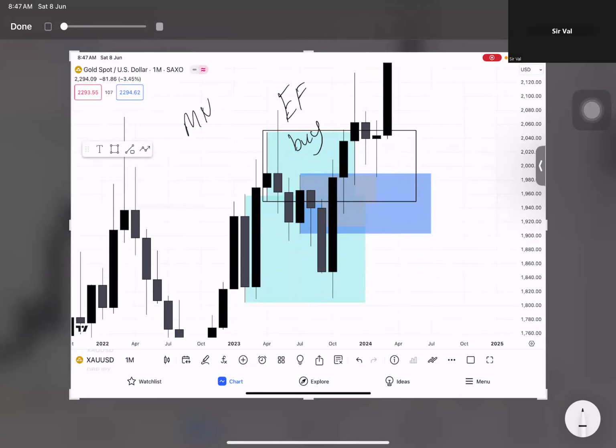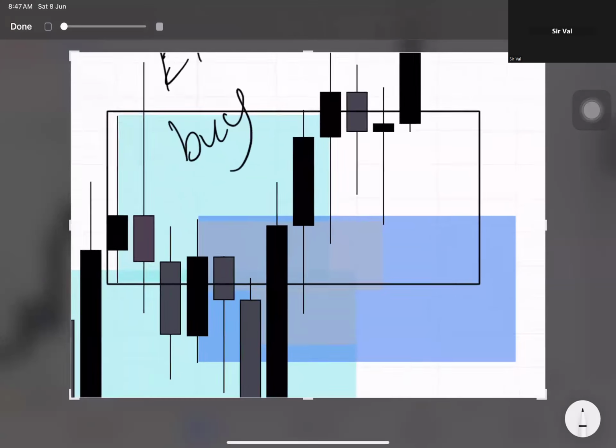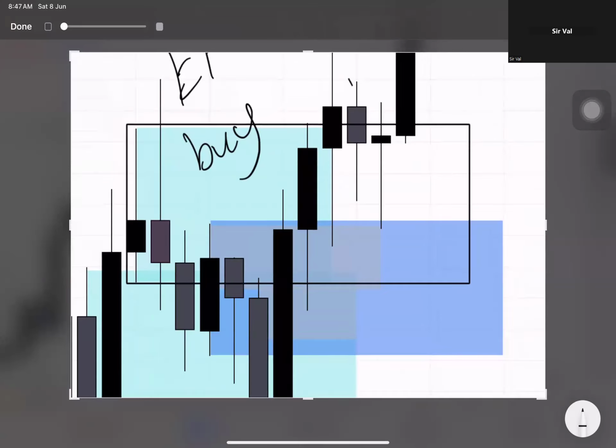We need to understand the higher time frame. On the lower time frame, we just find the entry point. On the higher time frame, there is a story, so you need to understand the story first. After price, weekly has created an engulfing sell, but has it formed on monthly or not? Is there a monthly engulfing sell?